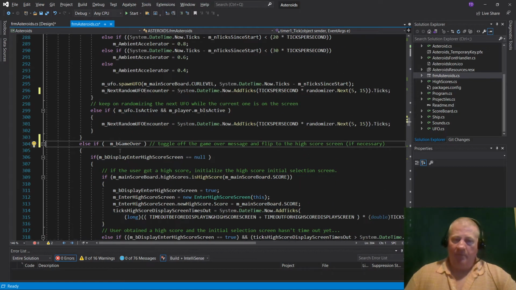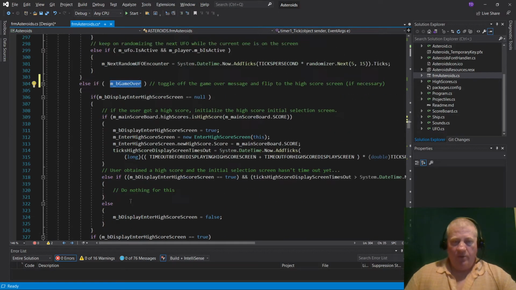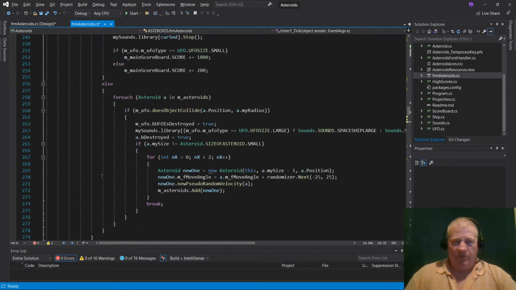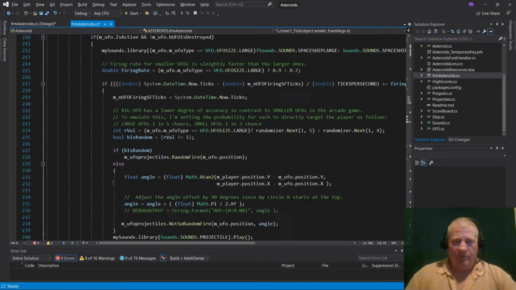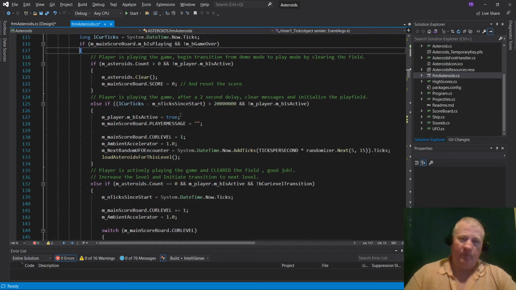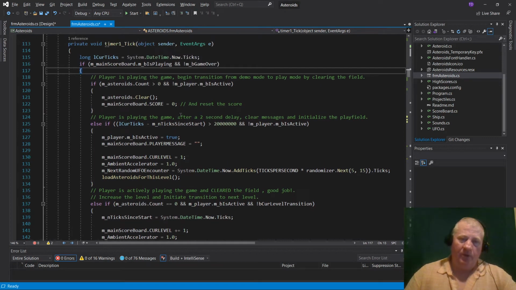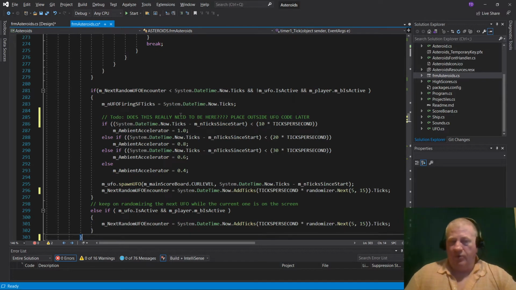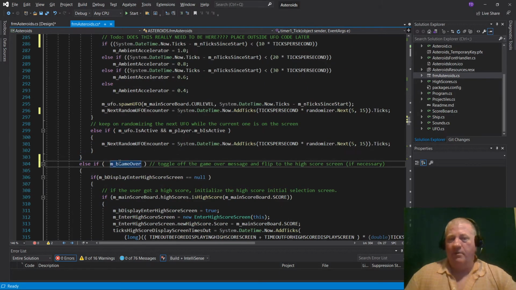So at that point, the last thing that we have is game over code, and why that's an else if statement. Let's go back there. Is playing. Oh, okay, that's why. So that's the main portion of the loop. When the game is over,